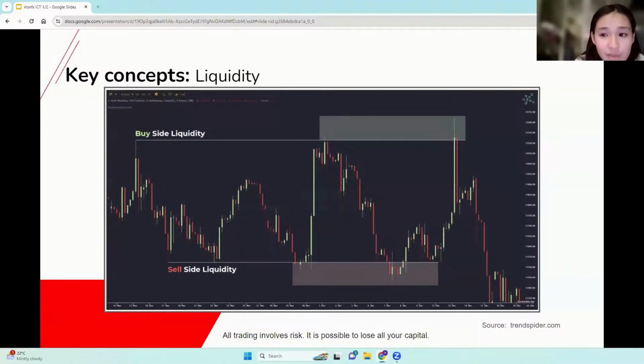Once the level at which many stops are placed has been traded through, it's often that the price will reverse course and head in the opposite direction, seeking liquidity at the opposite extreme. You can see normally at these resistance levels, you would expect price to reverse off of these levels. Similarly, for your support levels, you would expect price to bounce off of those levels as well. So that's basically what we are trying to say over here.